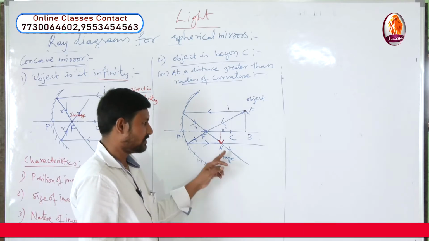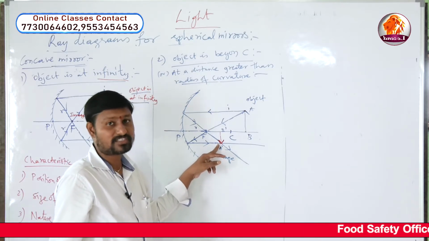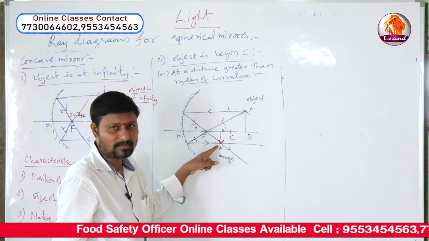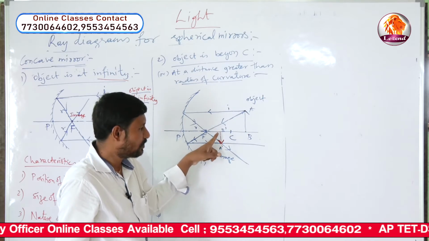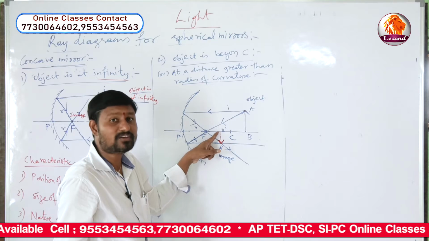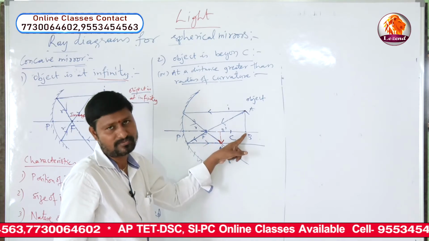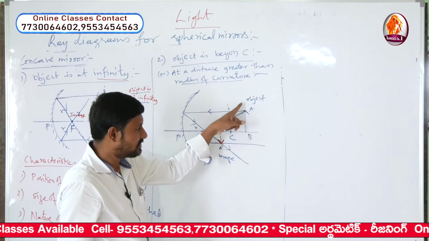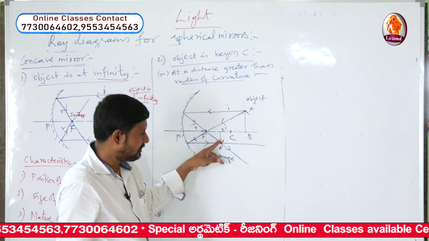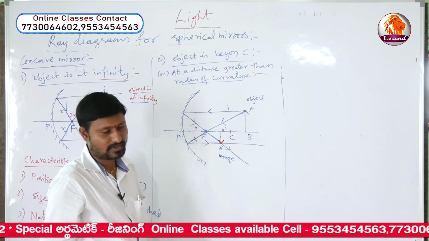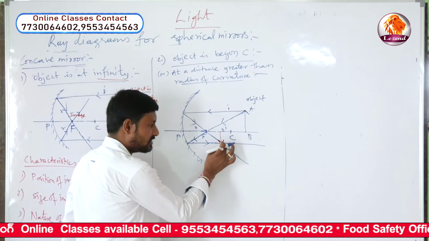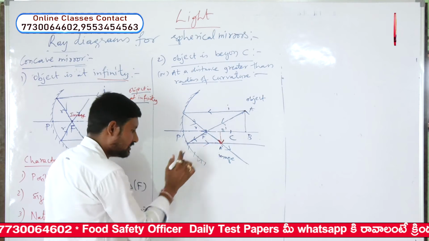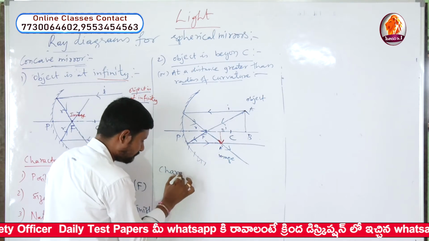So whenever you take the intersection point, that intersection point itself is the image of the top of the object, and from that point if you draw the perpendicular line to the principal axis, where it meets a particular point, that point will be the image of the bottom of the object. So between these two points A and B, each and every point is the image of these different points. Now we need to understand here AB is the object, A dash B dash is the image, and its characteristics let us see now.